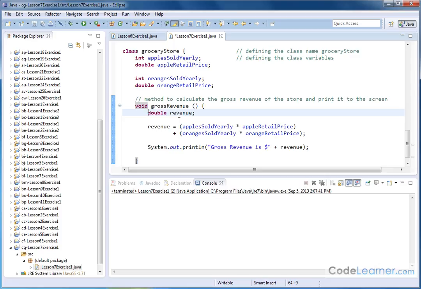So inside of our method, we declare a variable whose scope will be limited to this method. We call it revenue. And then we just assign a value to that, which will be the revenue for a particular store. So it'll be the number of apples sold times the retail price of the apple plus the oranges sold times the orange retail price. So this is going to be a method that's going to be used for any object we've created, any grocery store, basically. So we calculate the revenue of the store, and then we print to the screen the gross revenue is